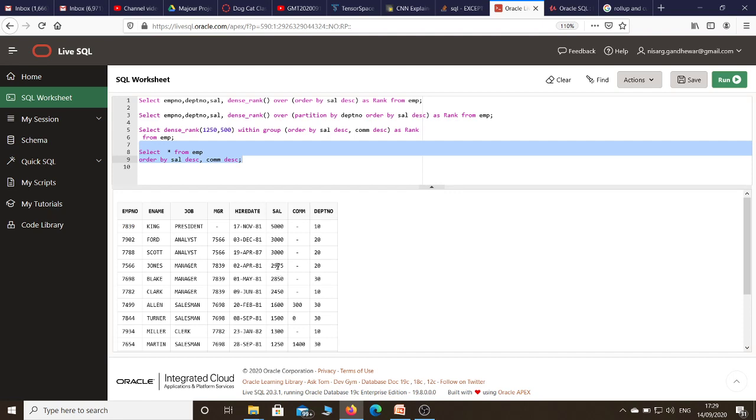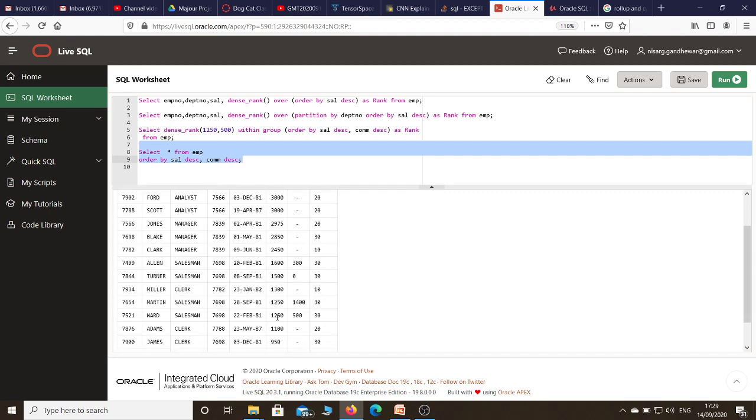Suppose we are using the rank function, directly here we assign rank 4, but here we are using the dense rank function, that's why consecutiveness is maintained. So here the rank is 3, 4, 5, 6, 7, 8, 9 and 10. So the counting is the same, meaning the output for this employee table is the same.